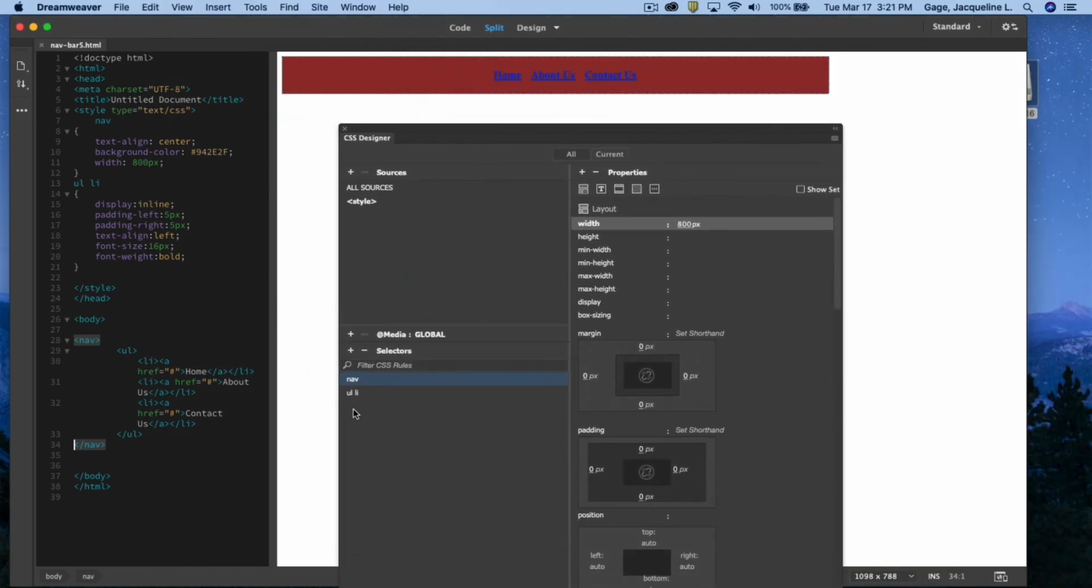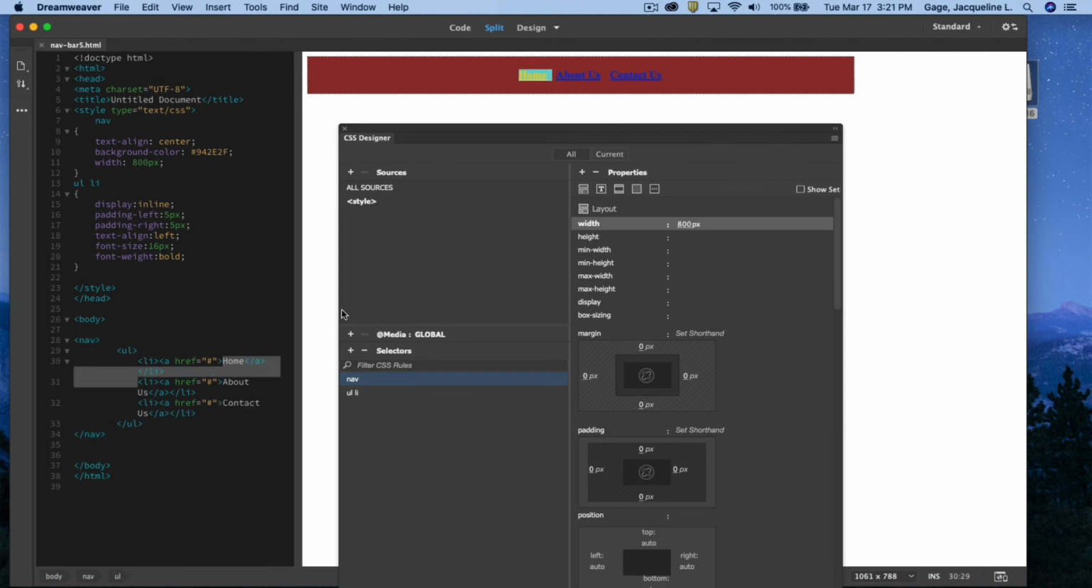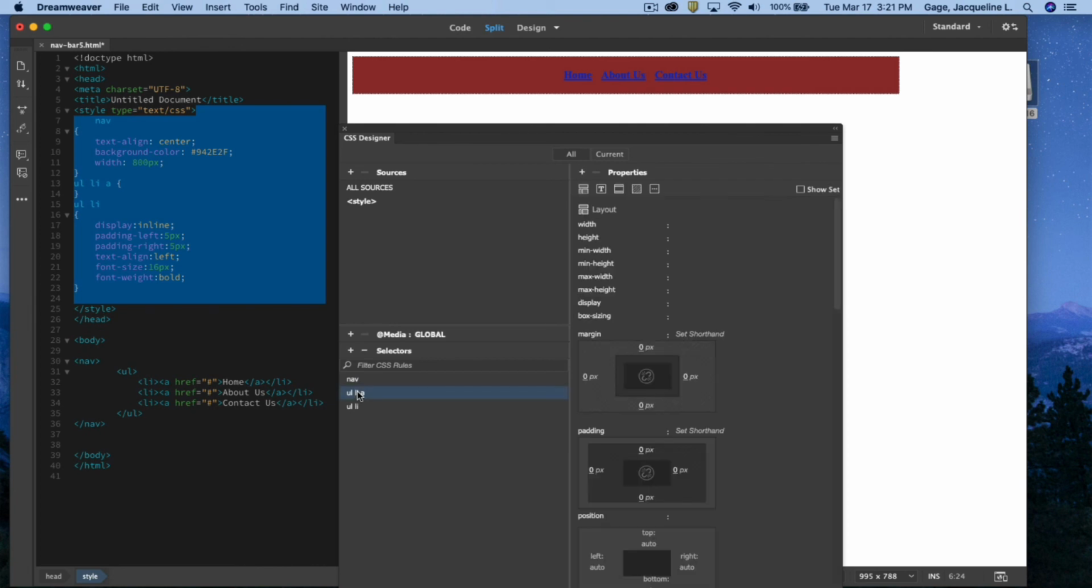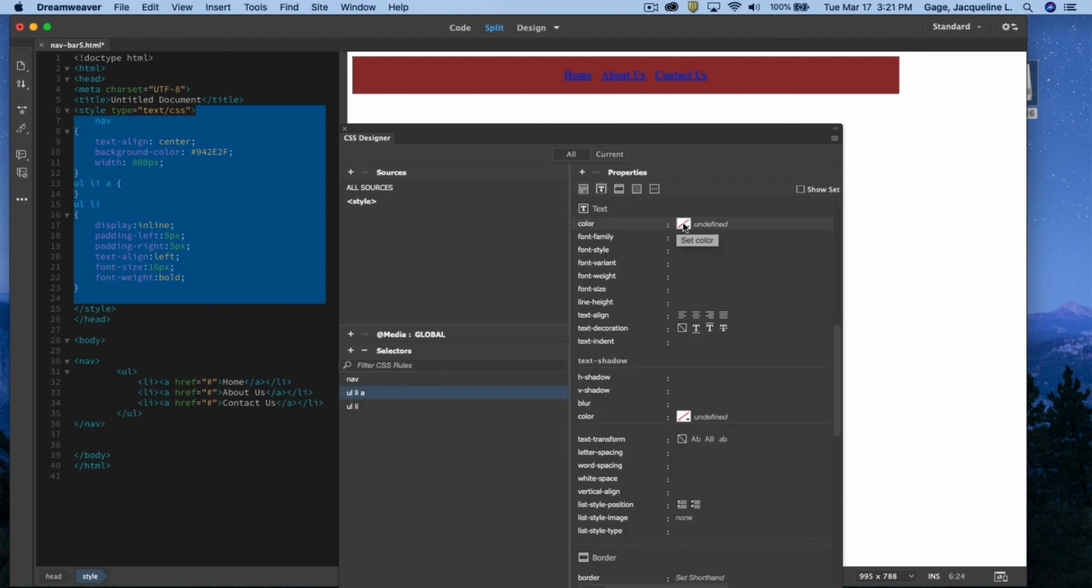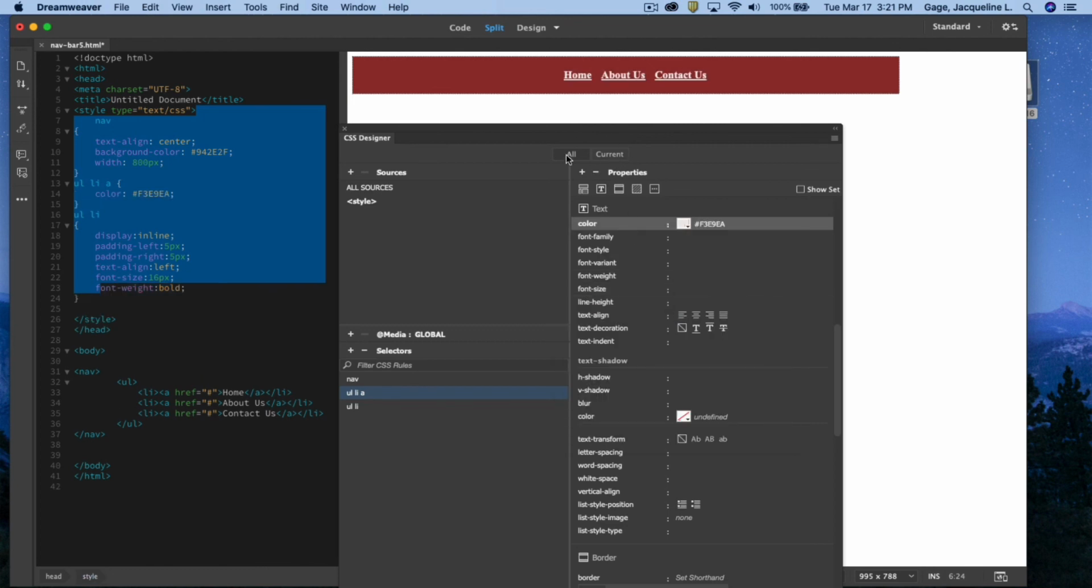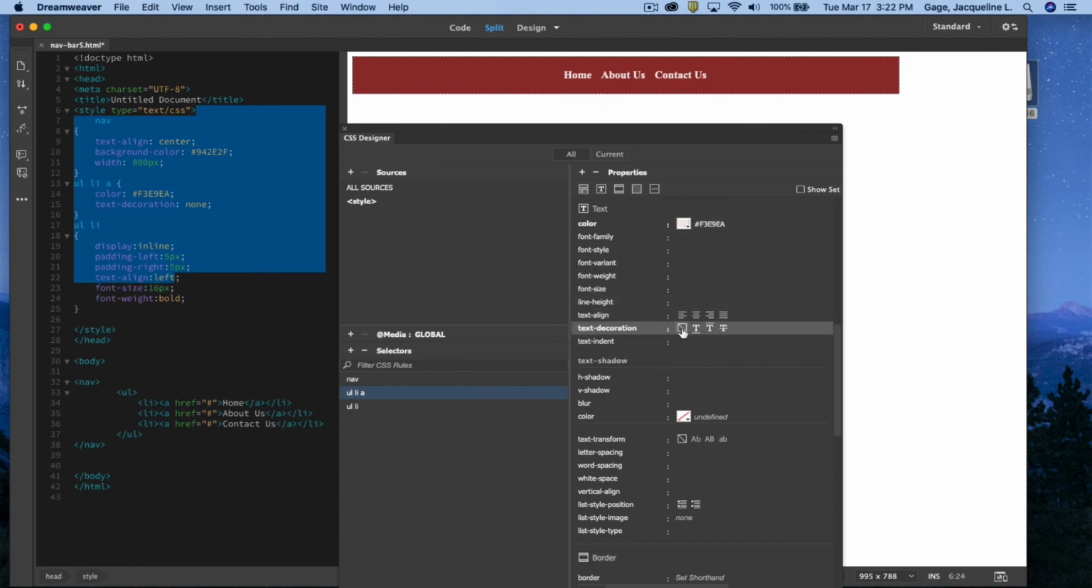I am going to change the color, and I need to target the actual anchor tags or the active links. So I'm going to go down here and I'm going to add the selector for that. I'm going to go to my text properties, color, maybe I'll change them to white. Okay. If I want to get rid of that underline, that is the text decoration, and I can say none. Again, we're going to do a much more complex navigation bar, and we're going to integrate it into a layout